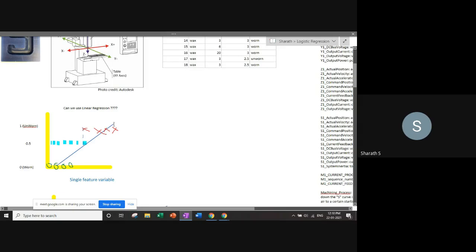That line could go like this. And if the line is drawn like this, can you do a classification from this sort of a linear regression itself? Probably yes. So suppose you say 0.5: you could say this is 0% probability, this is 100% probability, and this is 50% probability. So at the 0.5 value, you draw a horizontal line here, which meets the linear regression line, the fit line that you have put here.